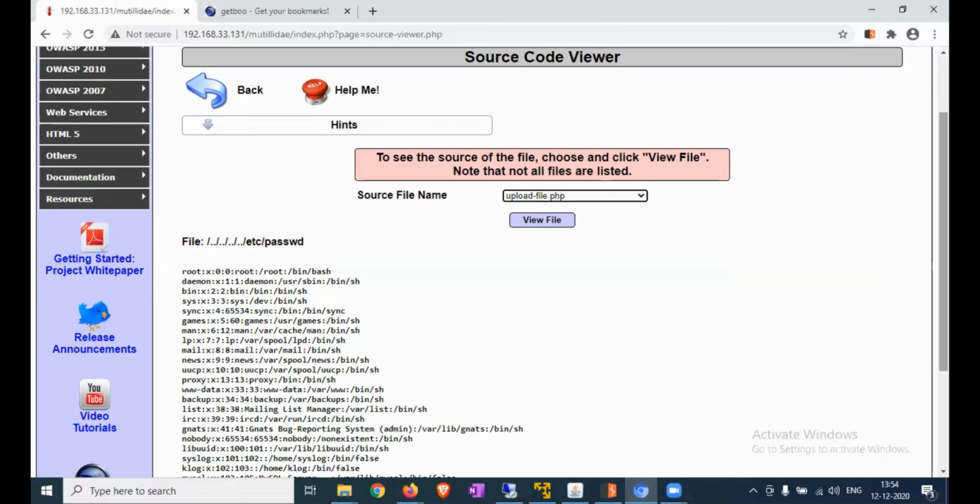In this practical, we have done direct access to files or resources on a system based on user-supplied input. We gained unauthorized access to the etc file by changing the parameter value of the upload-file.php file. Okay, thank you so much.